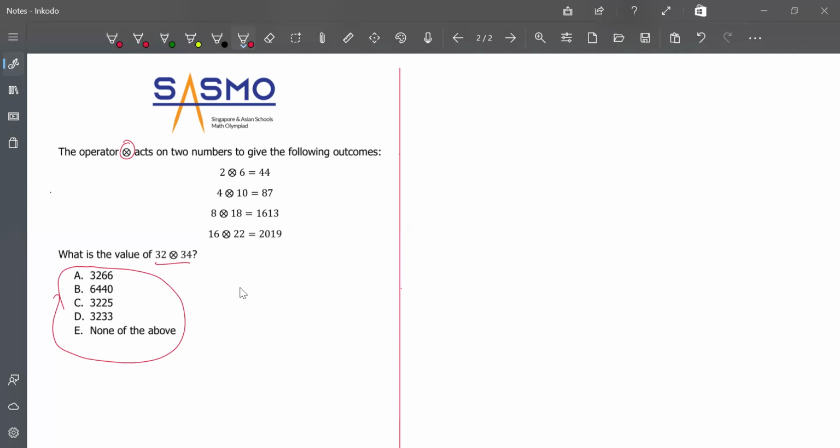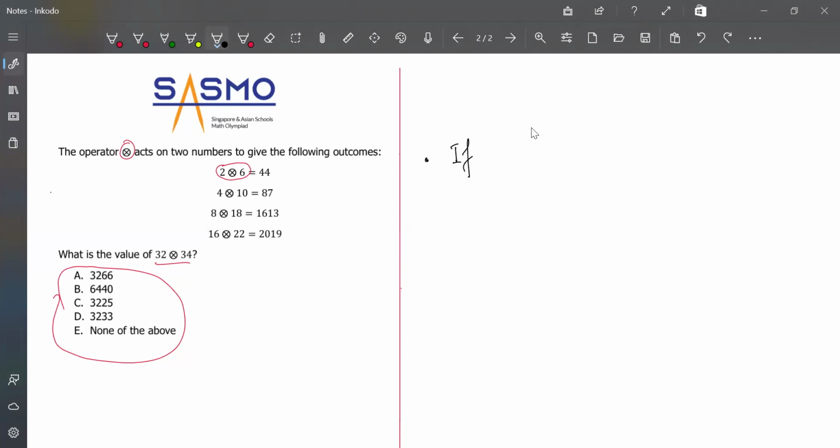So now we need to find a relation between these numbers. You need to find a relation between 2 and 6, and between 4 and 10, or between 8 and 18, and 16 and 22. So when I saw this problem, I see that